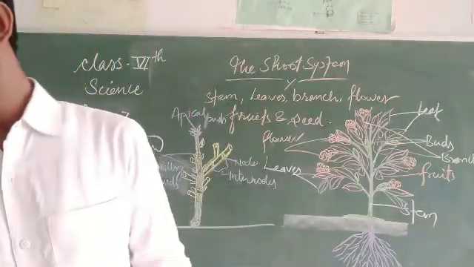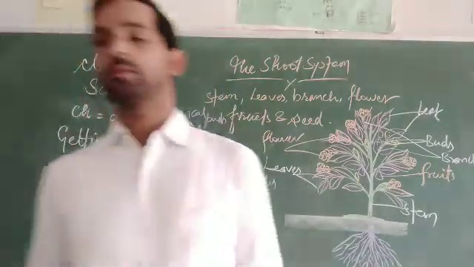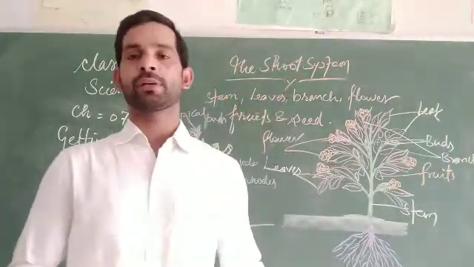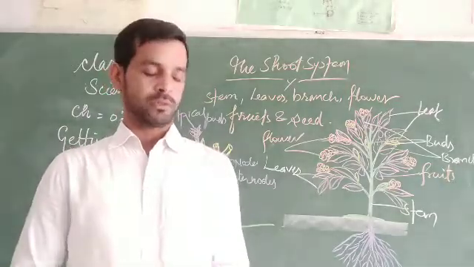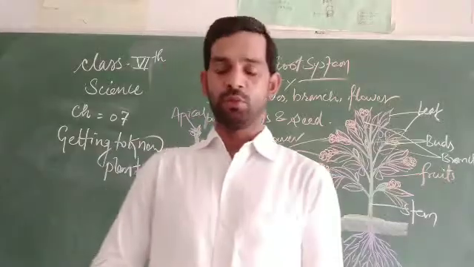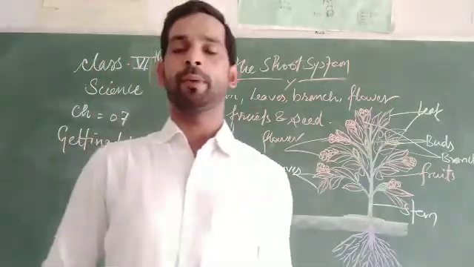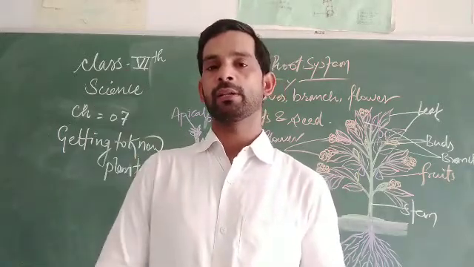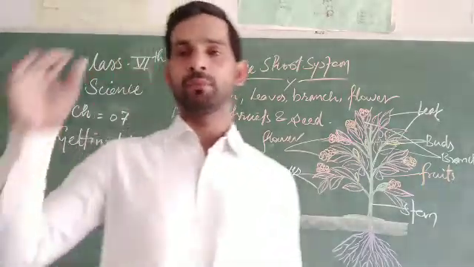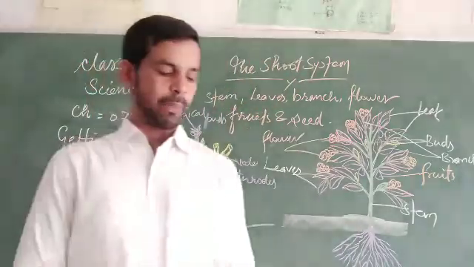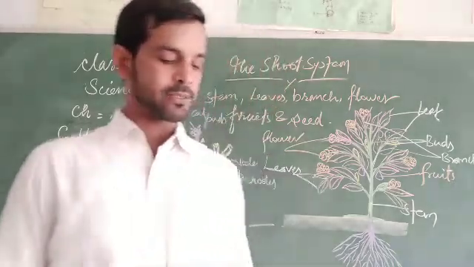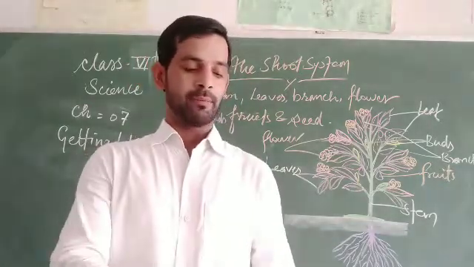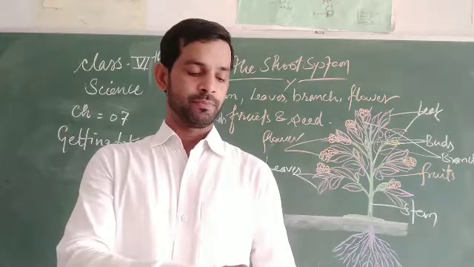So what are nodes actually? The point at which the branches may arise is called a node. An internode is the part of the stem between two successive nodes, where two nodes are connected to one another. Apical bud is the bud at the upper part of the plant, the aerial part lying at the top of the plant. The stem grows only at the tip from the apical bud. The stem keeps on increasing in length and diameter from the apical bud. As it grows, it becomes hard and woody.